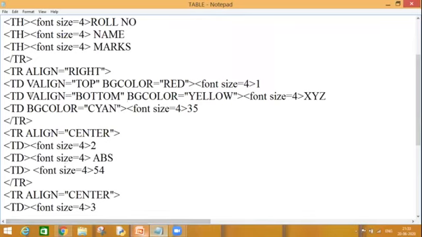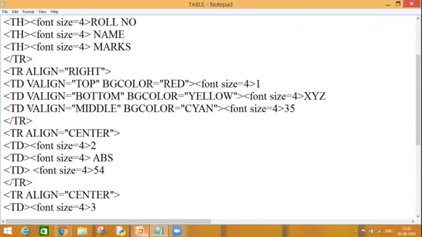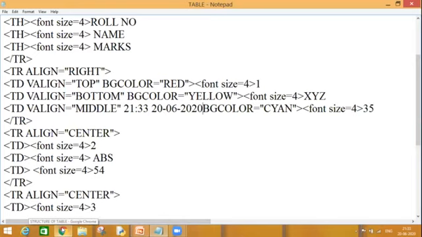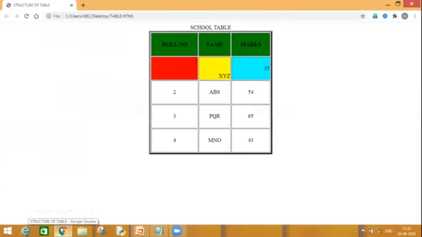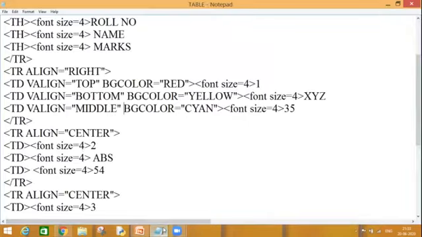Now in my third cell, if I change my vertical alignment to middle, then it will remain the same because it is already, I'm so sorry, Control S. It was already in middle, so there is no change. So what can I do over here? I can change all to middle.